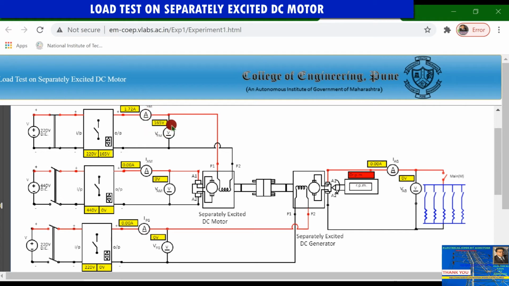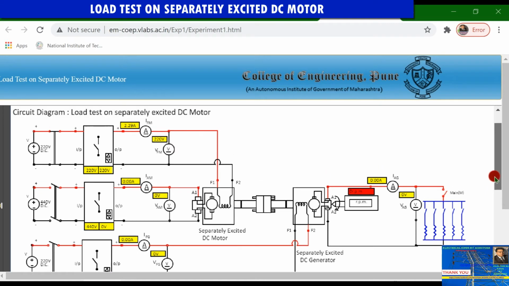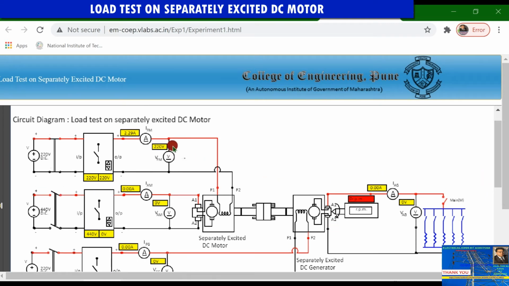Now this is 165 volt, current is 1.72, again increase, the rated voltage is 220 volt. So guys, this is the rated voltage of the field supply, 220 volts.